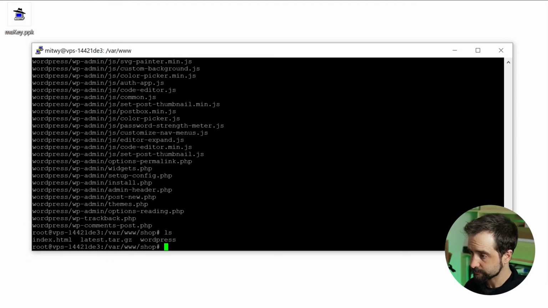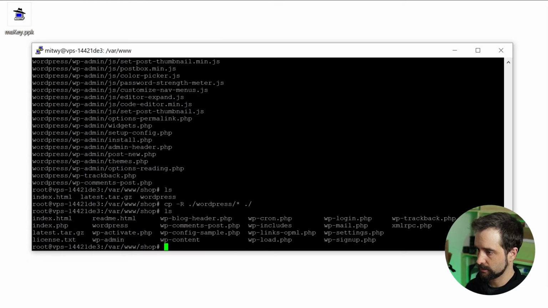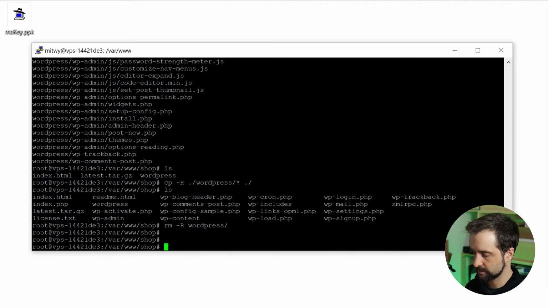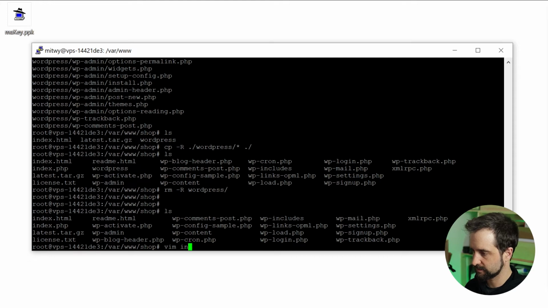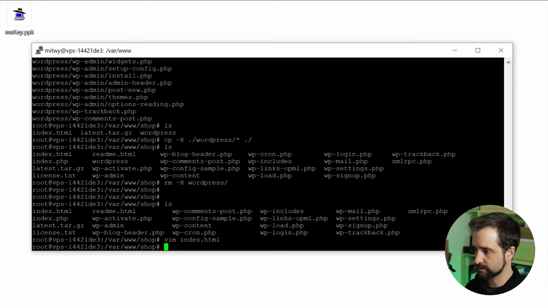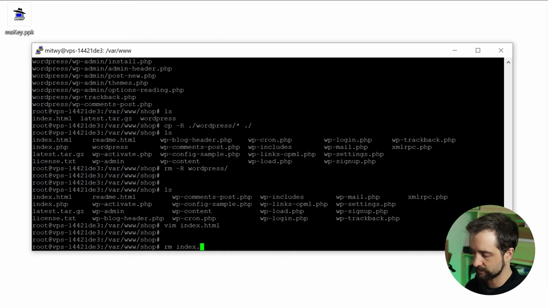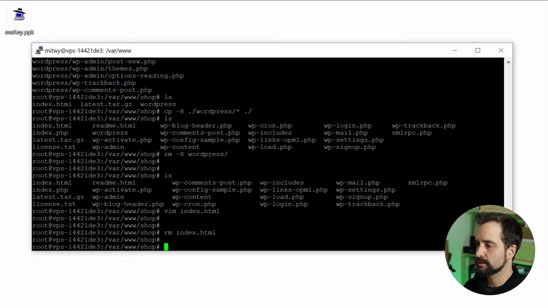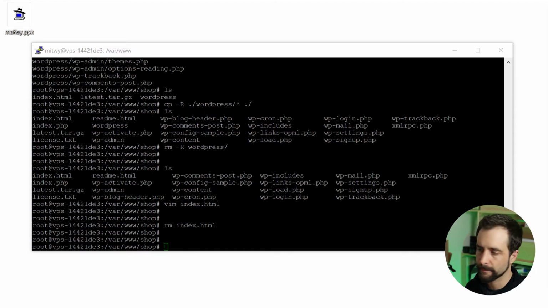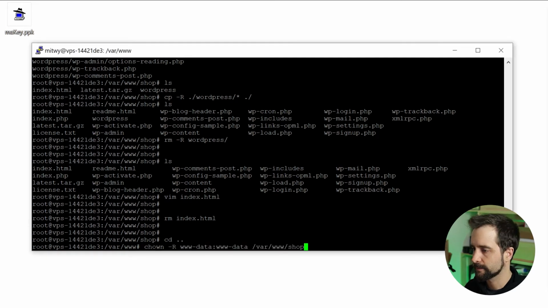So I will copy everything recursively that's in my WordPress directory where I stand. There it is, and I will remove my WordPress directory with rm -r to remove it recursively. So now I have everything. I don't know if the index is, yeah, this one I can remove. It's the old one that I've created just to check that the link from the URL with the virtualhost was working. Alright, now I'll give access right to my shop folder,